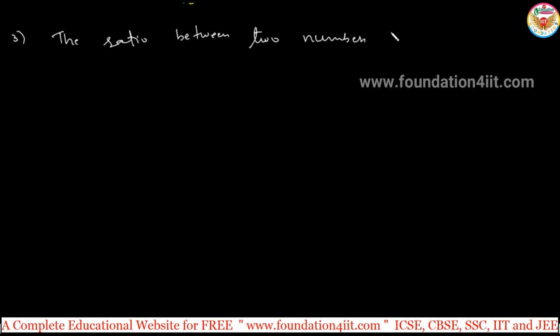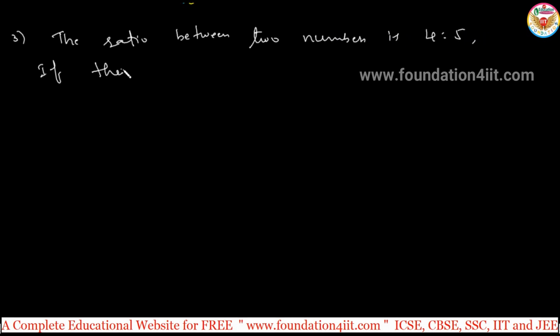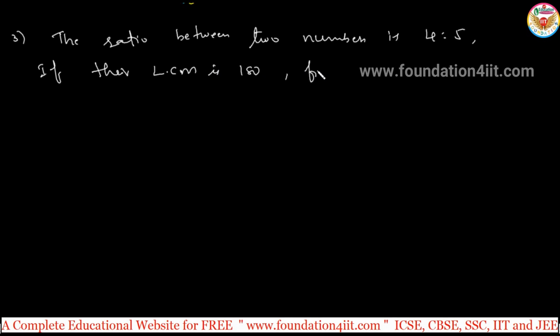The ratio between two numbers is 4 is to 5. If their LCM is 180, find the numbers. Okay, so this is the question. The ratio between the two numbers is 4 is to 5 and the numbers' LCM is 180. So to solve this,